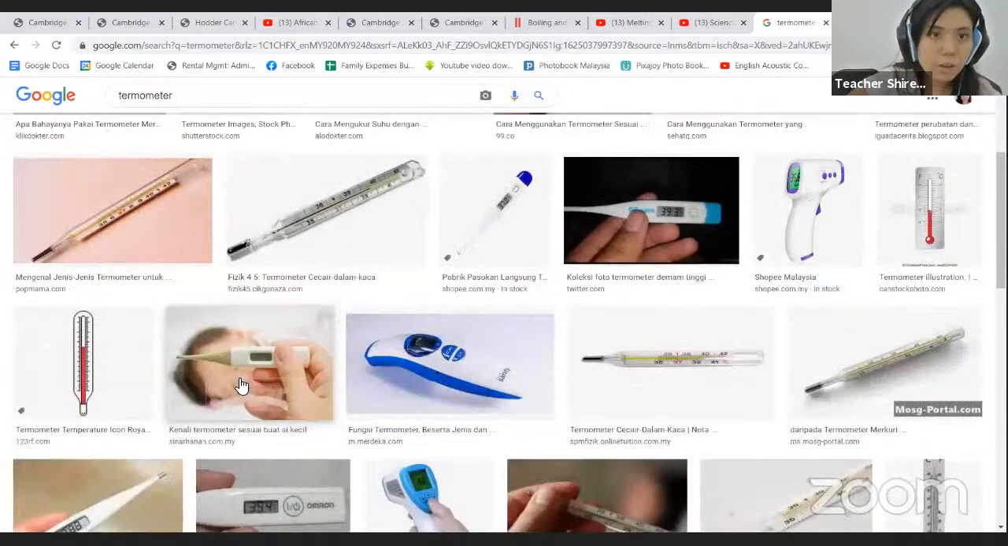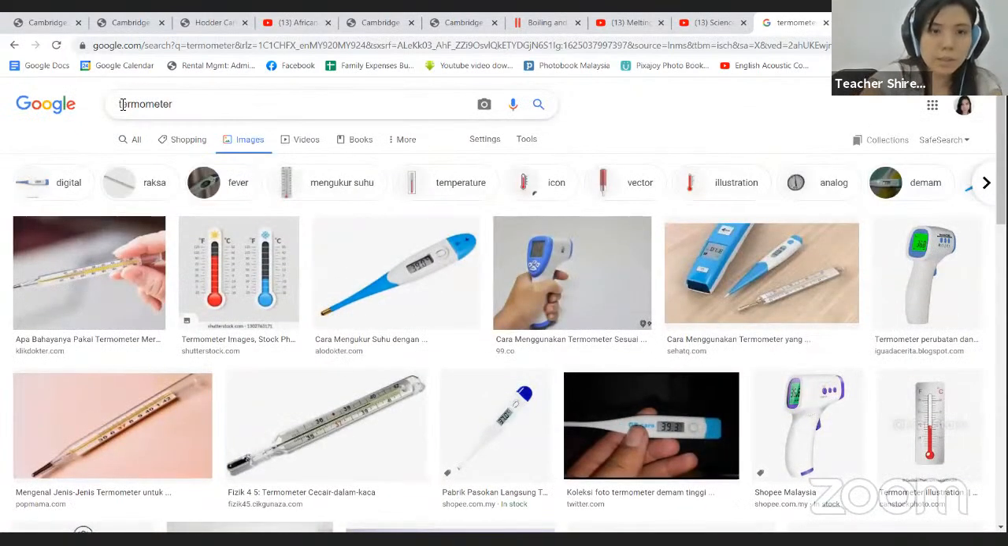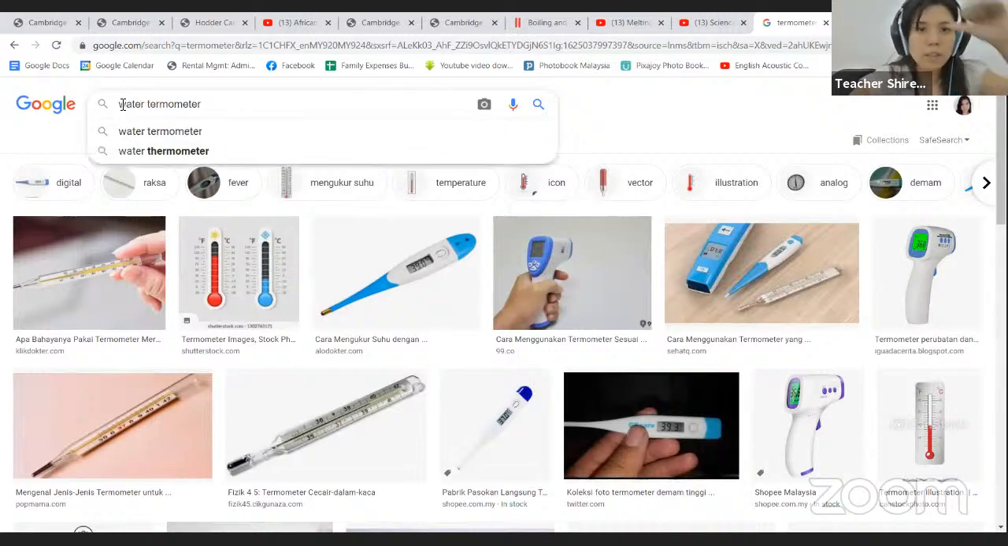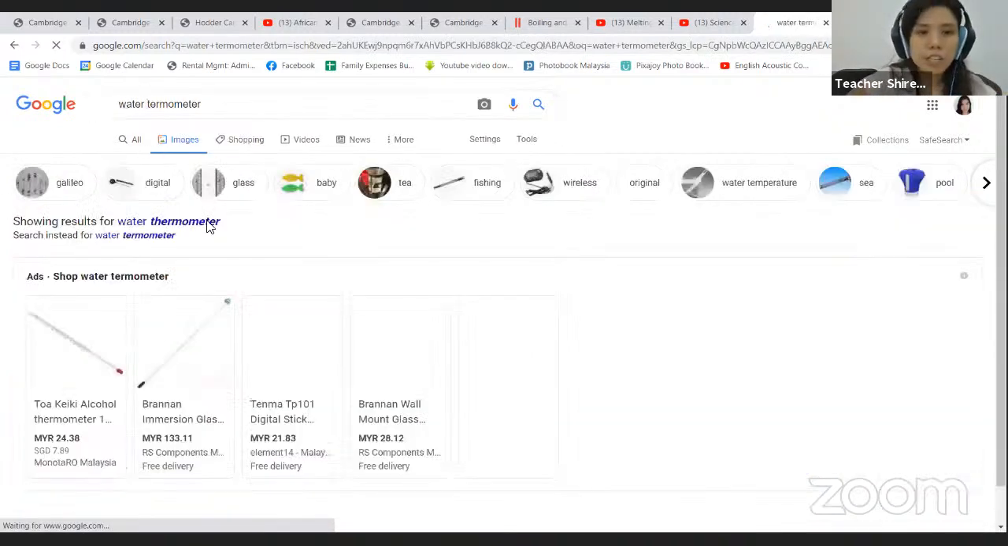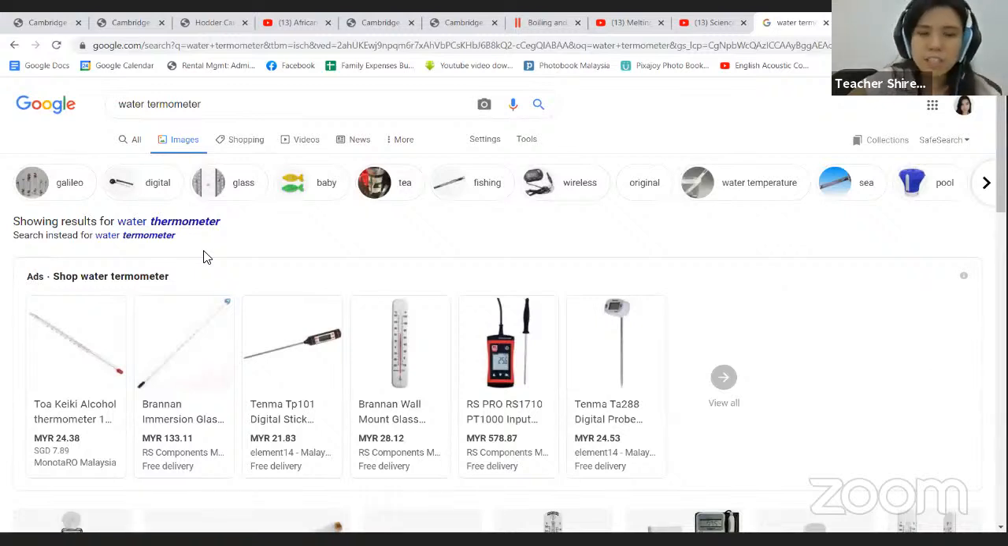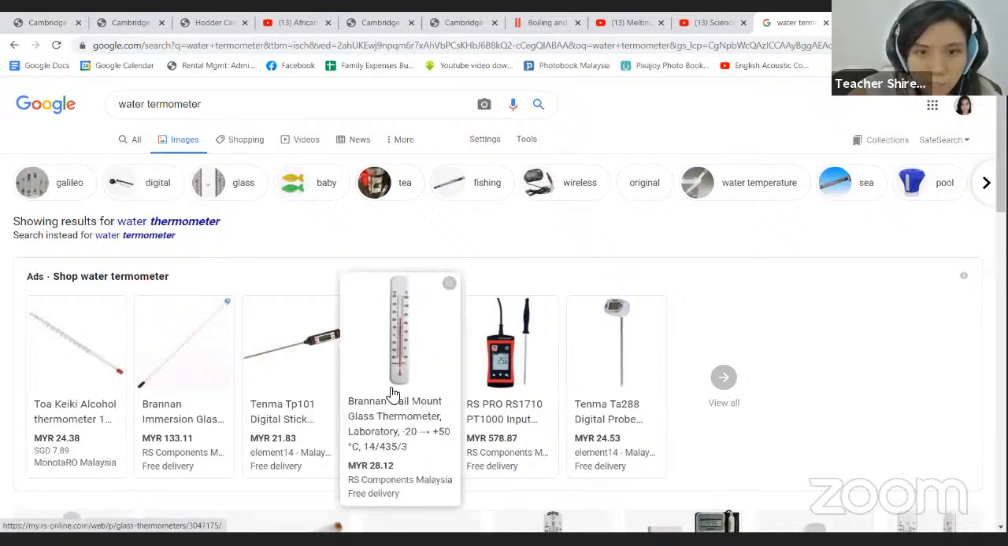Okay, there are water thermometers. For body temperature, you see it's normally around 30-ish. It doesn't go more than 45. If it's 45 and above, you already take action. Okay, so for thermometers,